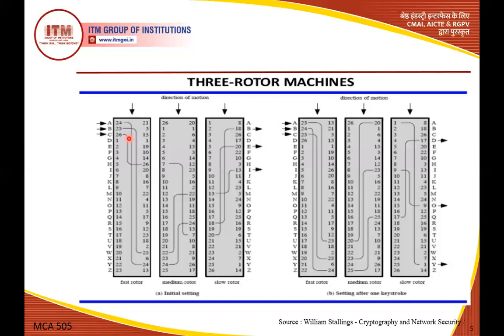Now, in a rotor machine, each input and output pin is associated with a letter of the alphabet or character. So, a single cylinder in a rotor machine defines a monoalphabetic substitution. So here we define the substitution. A monoalphabetic substitution is a substitution cipher, or we can say the rotor machine is a type of substitution technique in cryptography.